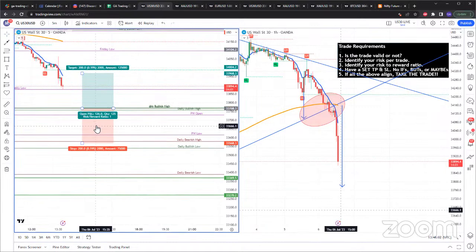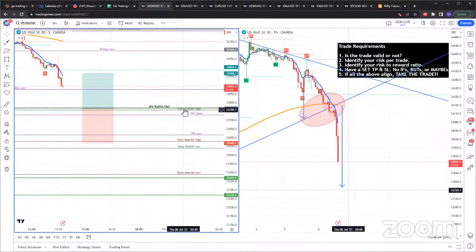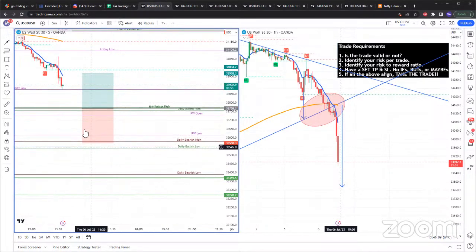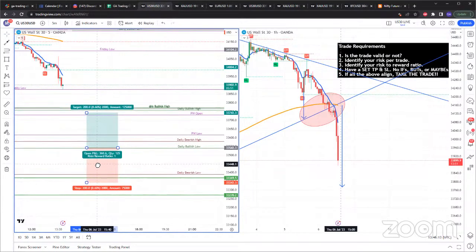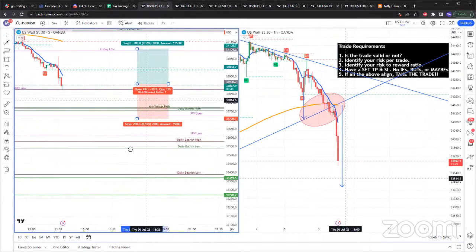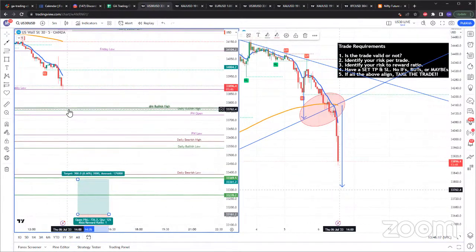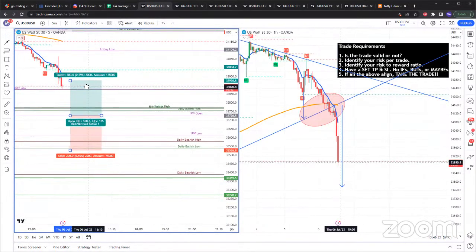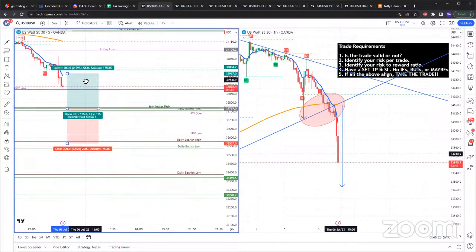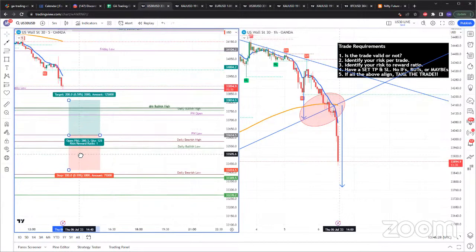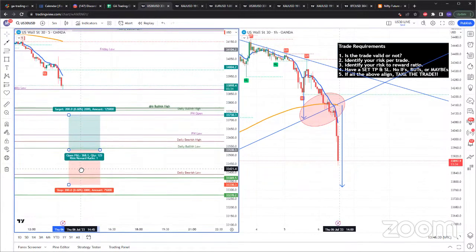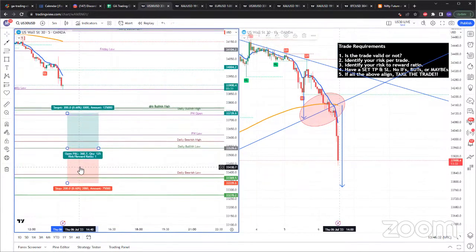Now, in these areas where you have these heavy order blocks, you normally expect a lot of manipulation. So in any case, I think the best buy on US 30 would be at this daily bullish low, because I do expect there's definitely going to be some quick retracement or reaction from this 4-hour bullish high and low. The only issue with that is that even with a 200 pip stop loss, you can still get faked out. So for me, the best buy on US 30 would be around